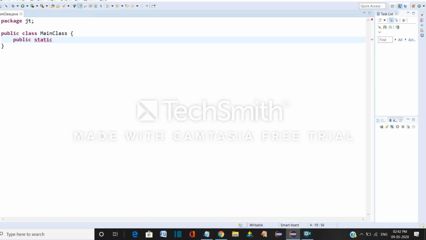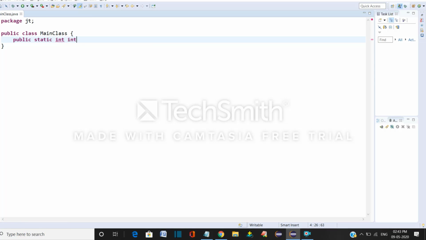Return type. Return type is nothing but, after you perform a method, if you want to return a value from that method, you have to specify that value's data type here. Now I want to return an integer value, so I specify int. That is what is called the return type.